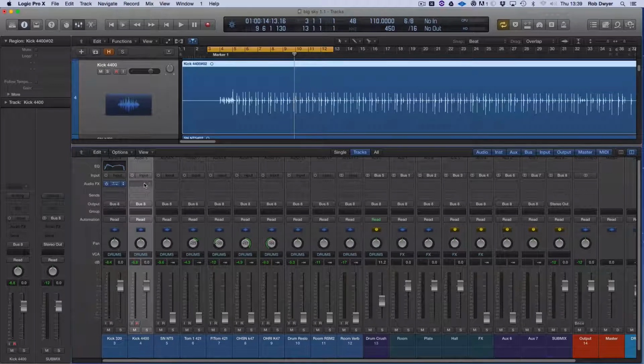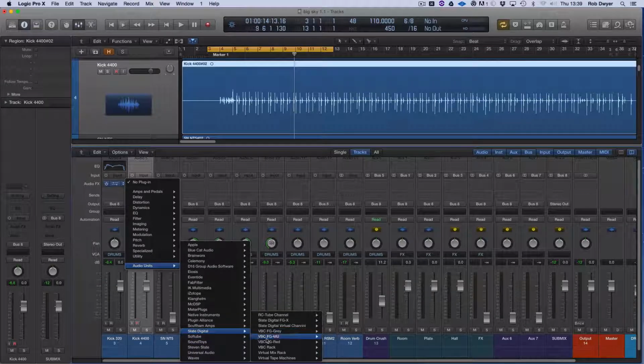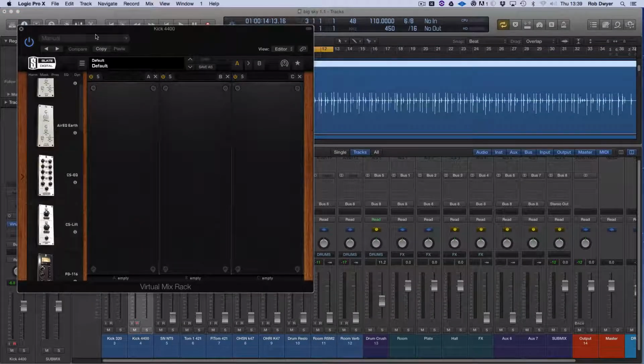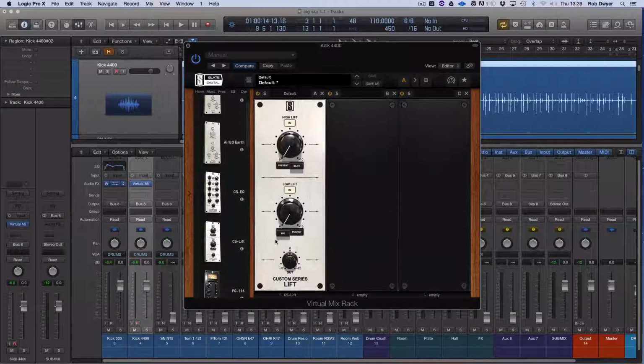Next EQ, I'm going to use it actually without having the graphical side. I'm going to use the Virtual Mix Rack by Slate Digital. Now there's some really cool little bits and pieces in here. The first thing I am going to do is show you this custom series lift. This is great. Two areas. Essentially, it's a shelf EQ